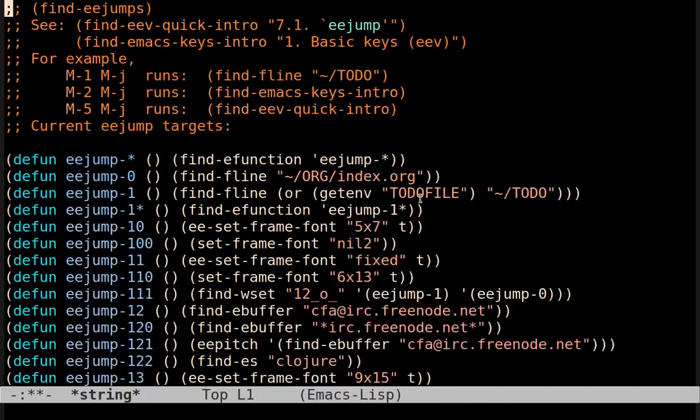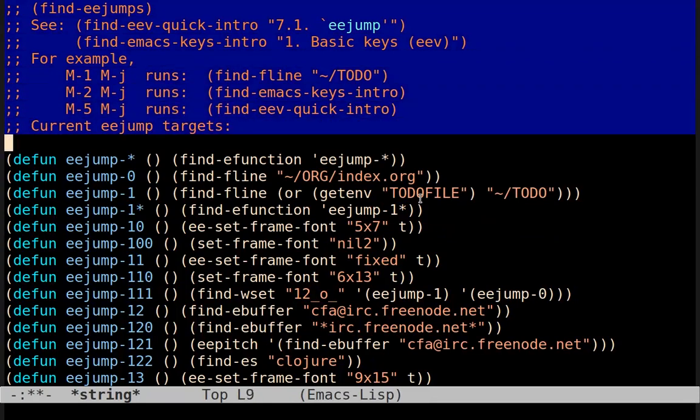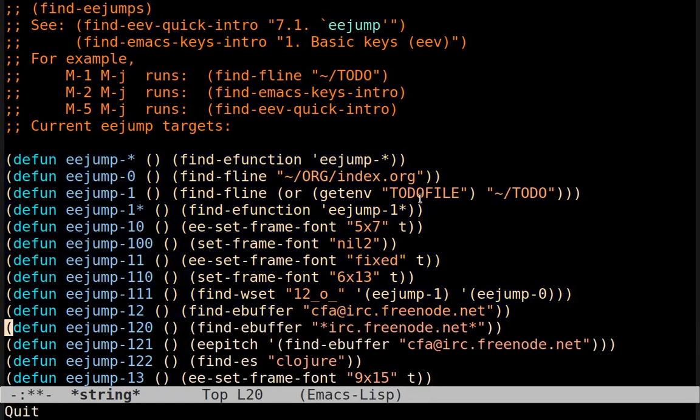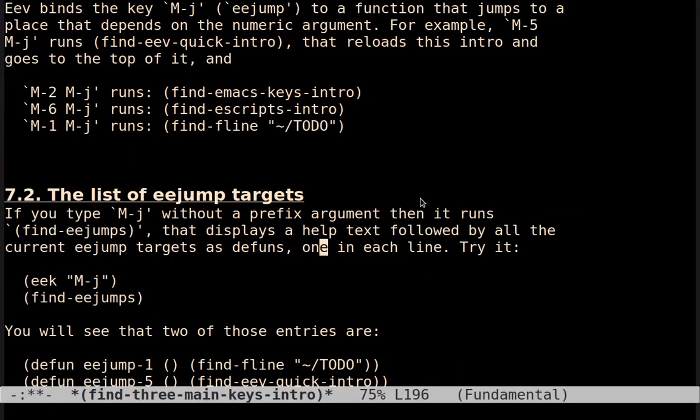So this is the header. These are the current definitions of what these numbers do. So for example, if the numeric prefix is 10, so if I run Meta-j with the prefix 10, then Emacs is going to run this. So the syntax is a bit weird. And note that here,